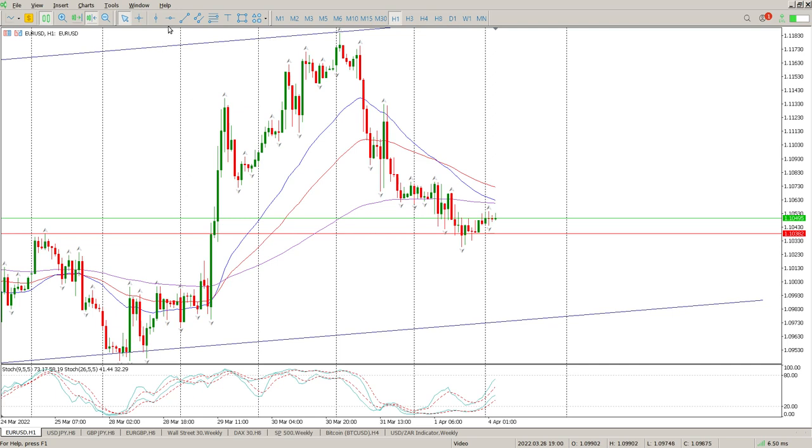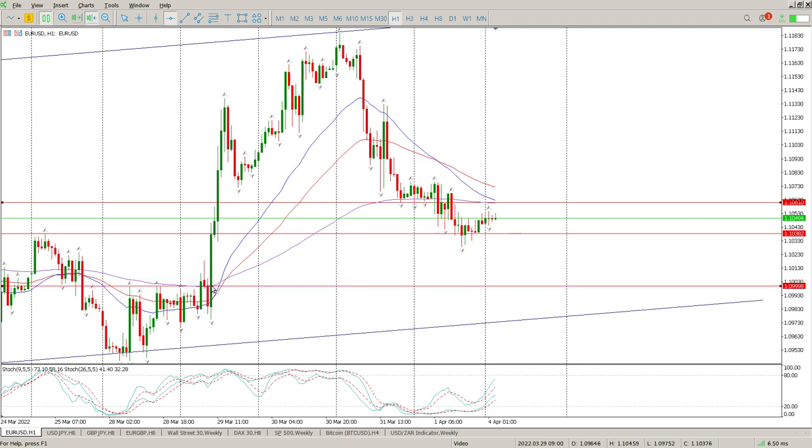So there are two levels to pay attention to on the hour. The first one is this area right here at 110.600, oscillator starting to move back to the upside. If we get a rejection off here, I would expect another retest of this 110.382. If that gives way, then expect us to start falling for that area there, which is